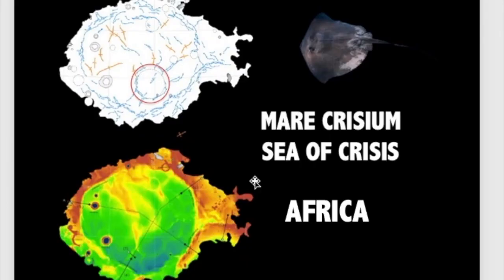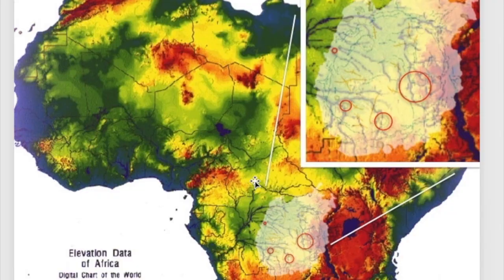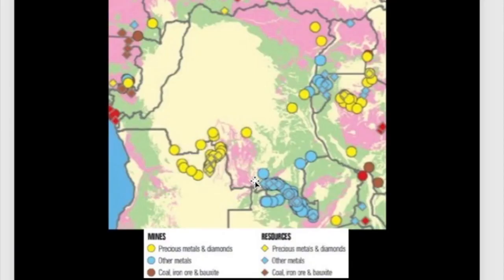This is the outline, and this is how I work to try and suss out what's what and where the connections make sense and don't. And honestly, I make a lot of mistakes. I'm going to show you what I find in the end, but there's a long process of me working through these things to find these connections and overlaying a lot of information. My first interpretation of this was that the Mare Crisium was the Congo Basin, and I do see some evidence for that. However, I actually think that